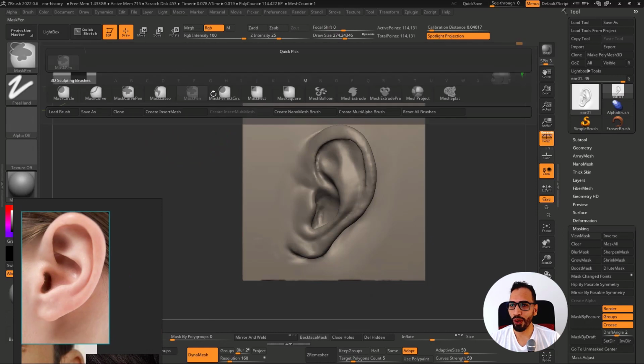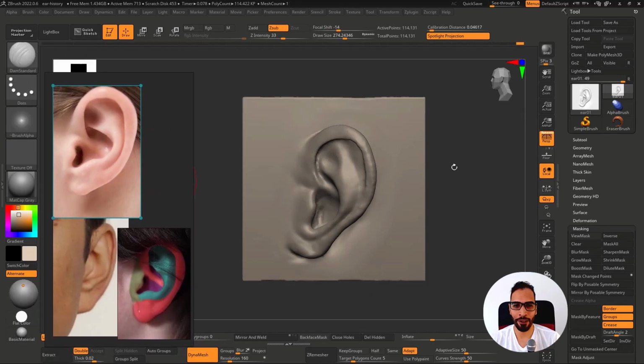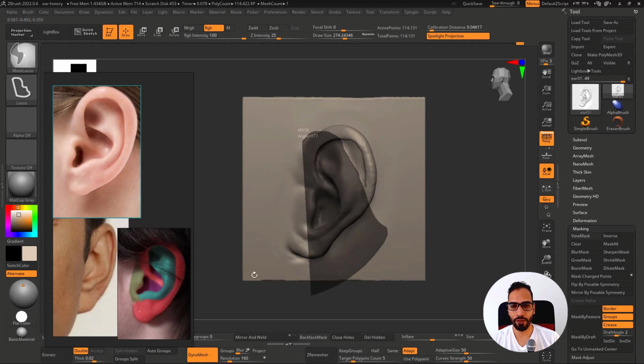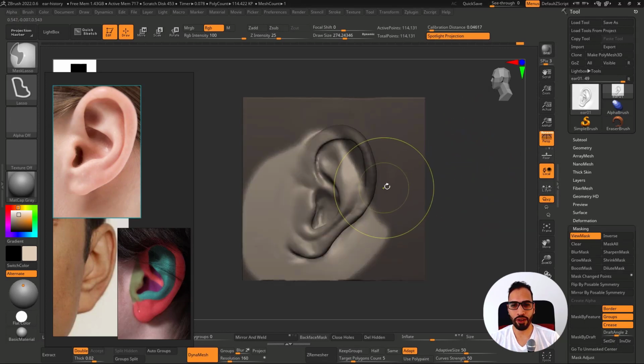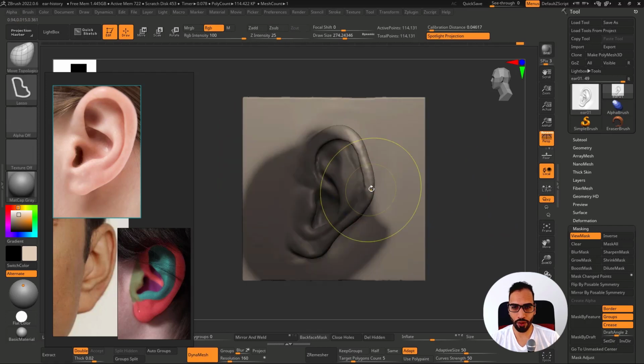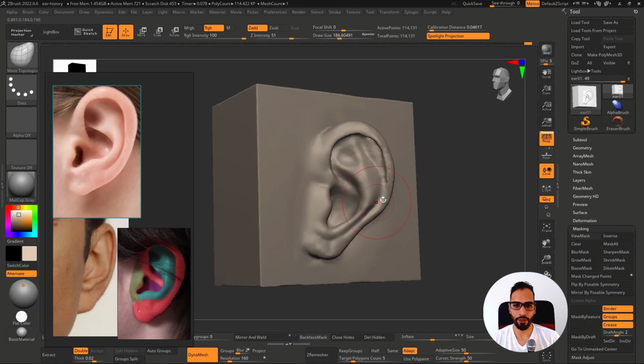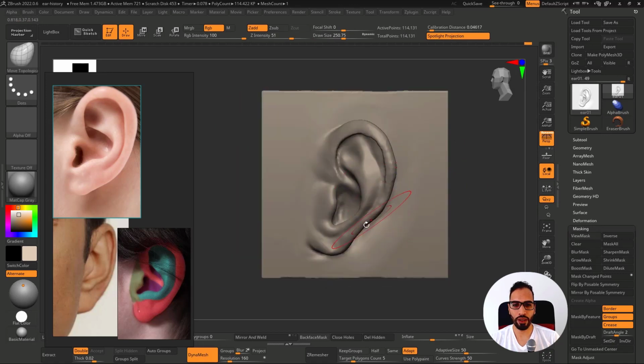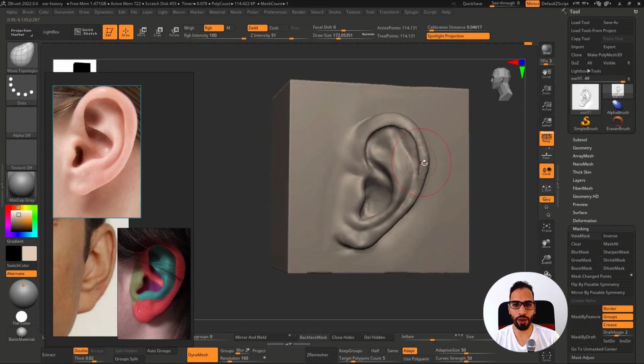Let me go to mask lasso. So this option is to move the mask a little bit and use the move topological, and I can bring a different shape maybe. This way it's a little better,